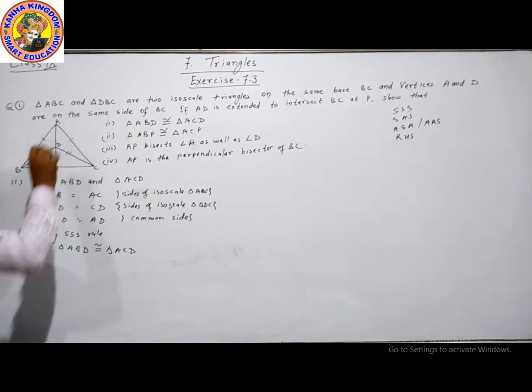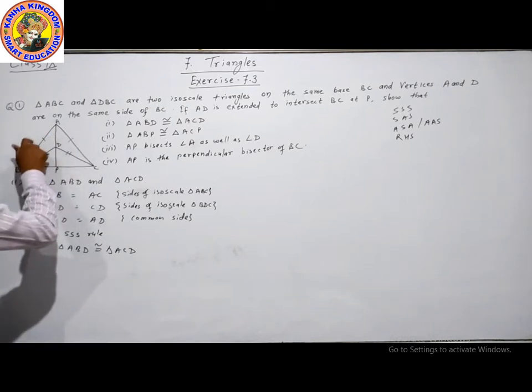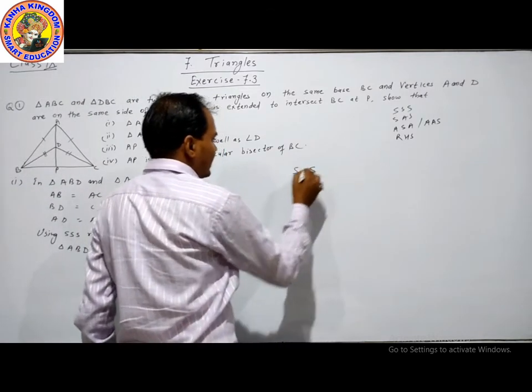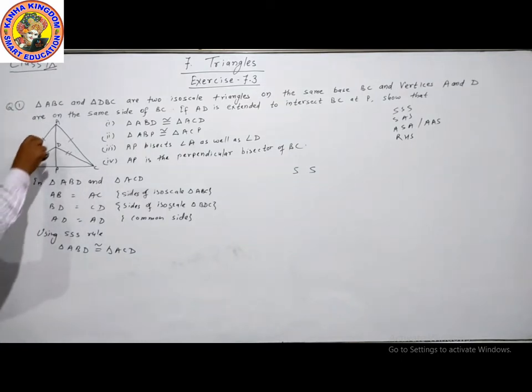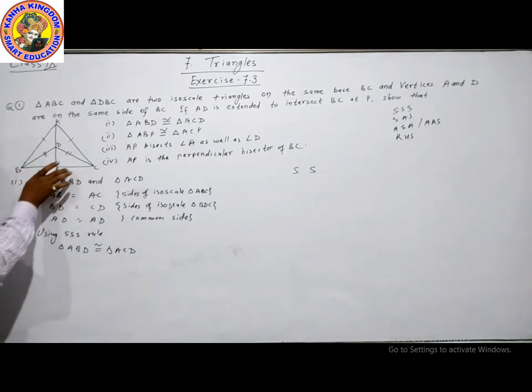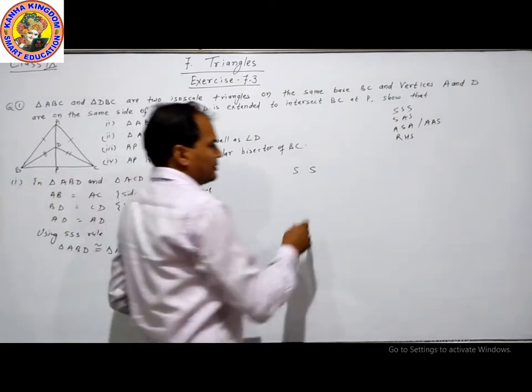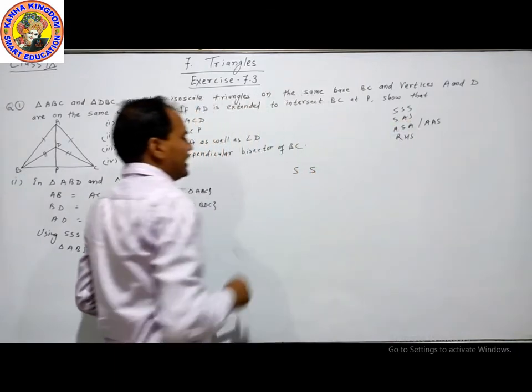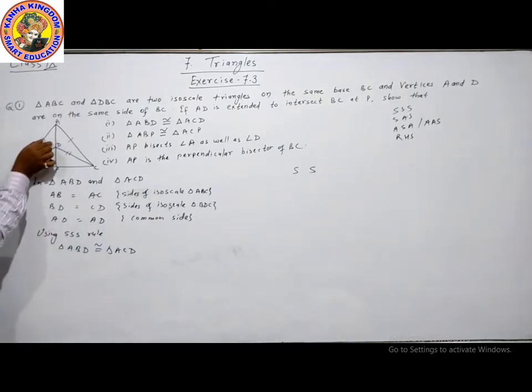Taking these triangles, this side and this side are equal. This is our common side, AP and AP is common. We take S and S. The third side is BP and CP, which is not given in our question, so the triple S rule cannot be used. For SAS, the angle between these two sides, these sides are equal, and the angle is here. Angle A and angle A is equal.